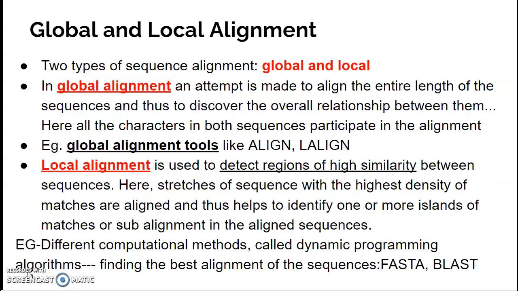Different computational methods are used here also, commonly known as dynamic programming algorithms, and the best examples are FASTA and BLAST. FASTA and BLAST we have already seen, so those are nothing but the local alignment tools.